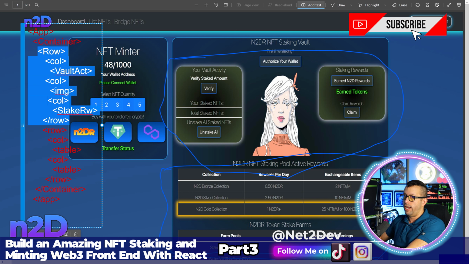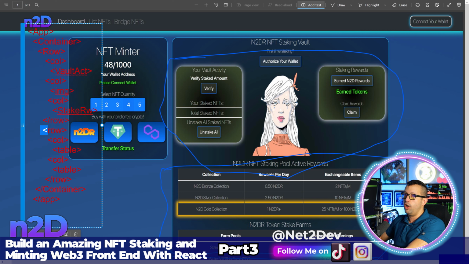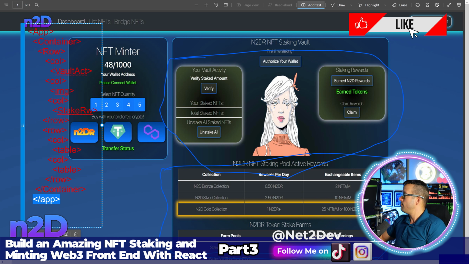Then we open another one, this is the new one right here, and then we add a column, we add a table, then we add another column, we add the other table, and we close the row. And this will be the second one. And finally, we close the entire container, the whole thing, and then we close the app. That's if you only want to have a web page displaying this. This will be a very high level HTML tree, with all the branches and all the leaves. Cool. So with that said, let's go back